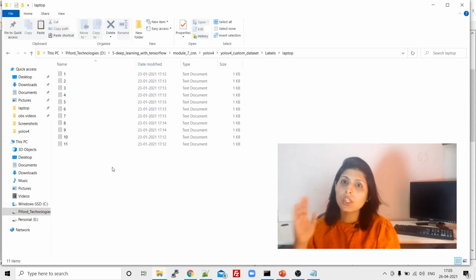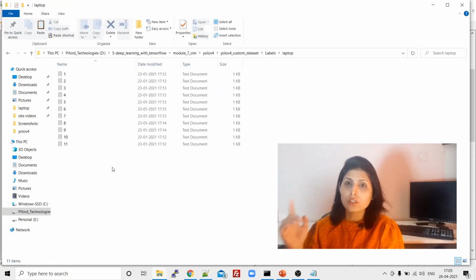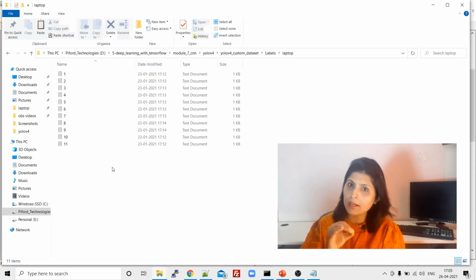Now we have pasted all the text files in separate folders under the labels folder, right? So text files related to laptop should be in the laptop folder under labels, and the text files related to phone should be in the phone folder under labels.